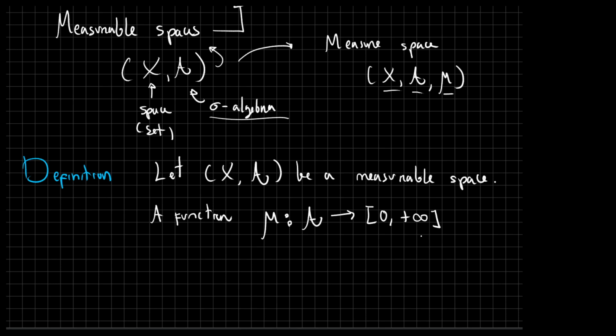So this function can have the value plus infinity. This is a subset of the extended real line, right? This is called a measure, or also known as a positive measure,